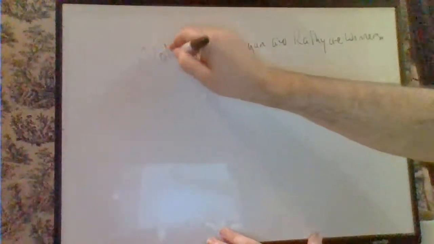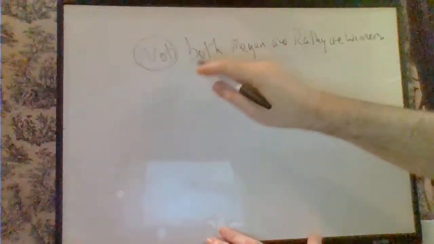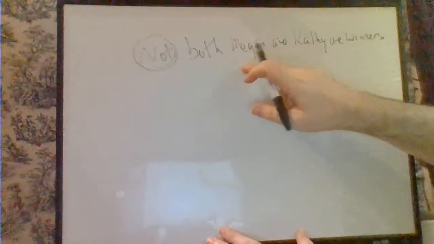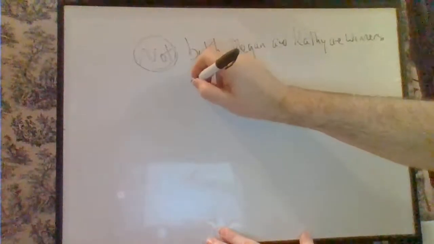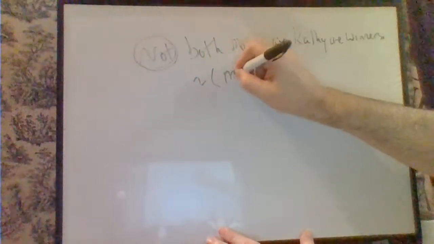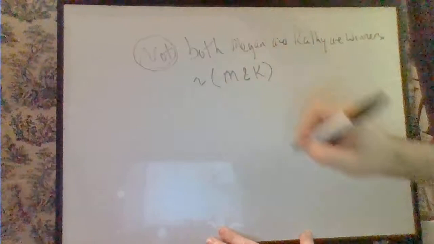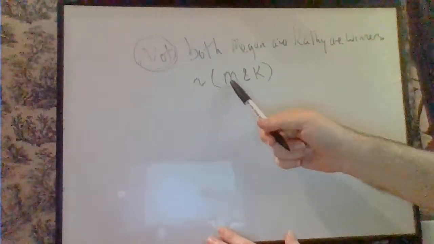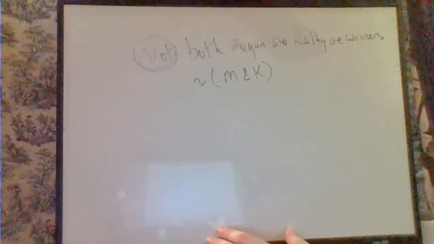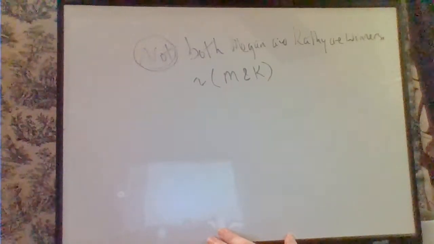The negation in the English language statement here comes before your subject, which means you want to deny the entire thing. So you would have your tilde outside the parentheses like that. So it is not the case that Megan and Kathy are winners. However,